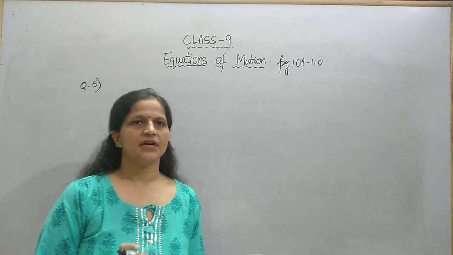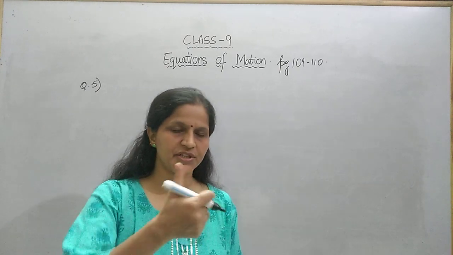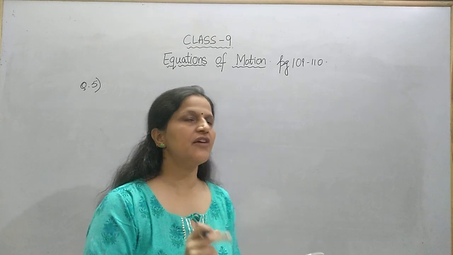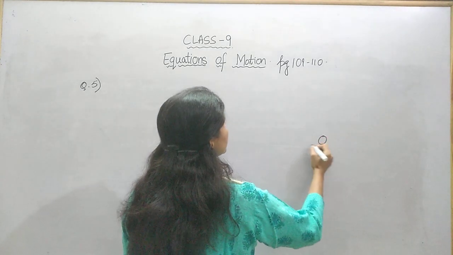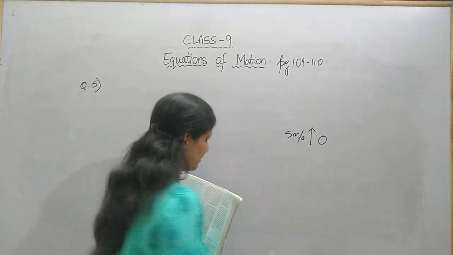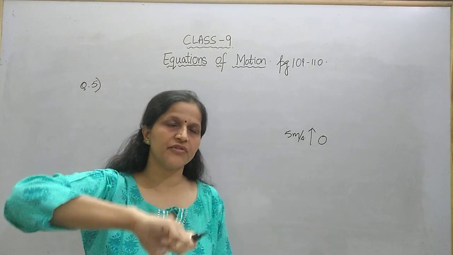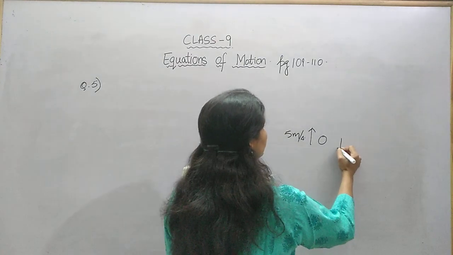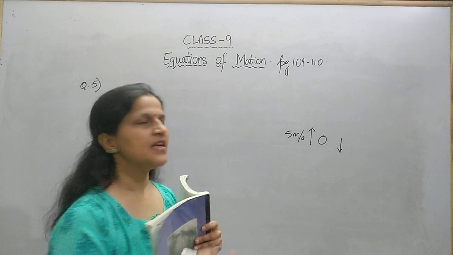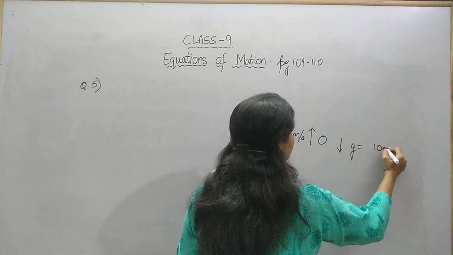The fifth question, it is asking you that a stone is thrown in a vertically upward direction. एक पत्थर को ऊपर vertically upward direction में throw किया गया है with a velocity of 5 meter per second. That is, suppose this is the stone. From the ground level, it is thrown up with a speed of 5 meter per second. Then it is saying the acceleration of the stone during its motion is in downward direction. Acceleration इसमें downward direction में है. And you know that the acceleration which is responsible for this is acceleration due to gravity. And g, the value is 10 meter per second square.